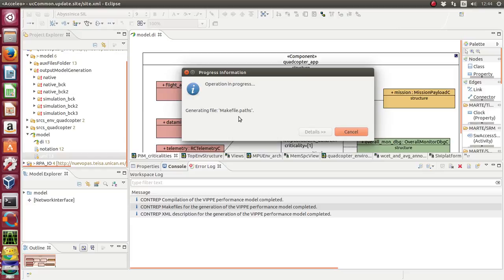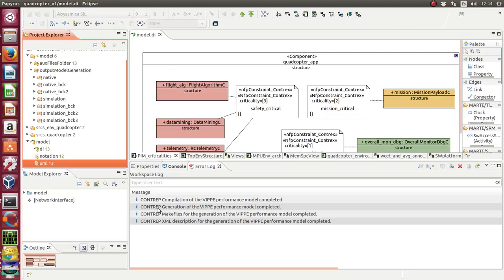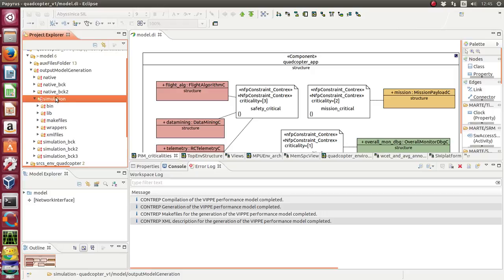So after the compilation of this big model is performed, this progress information has ended, and then a report that the performance model has been generated is reported to the error log, and then we have a new folder that can live together with all the folders that we have renamed to avoid stepping over them,